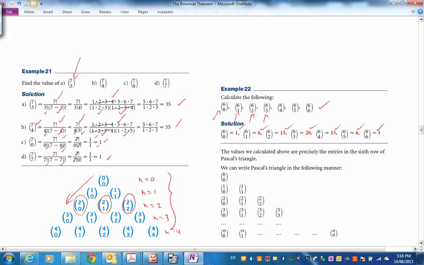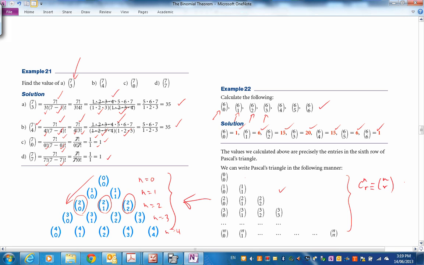And these are the 6th row of Pascal's triangle. Now, Pearson's has written Pascal's triangle like this. I'd like you to write it more in triangular form here, as an isosceles triangle, if you like. But this is okay too. You can see that all those numbers form part of Pascal's triangle, and they are combination coefficients, so nCr, or